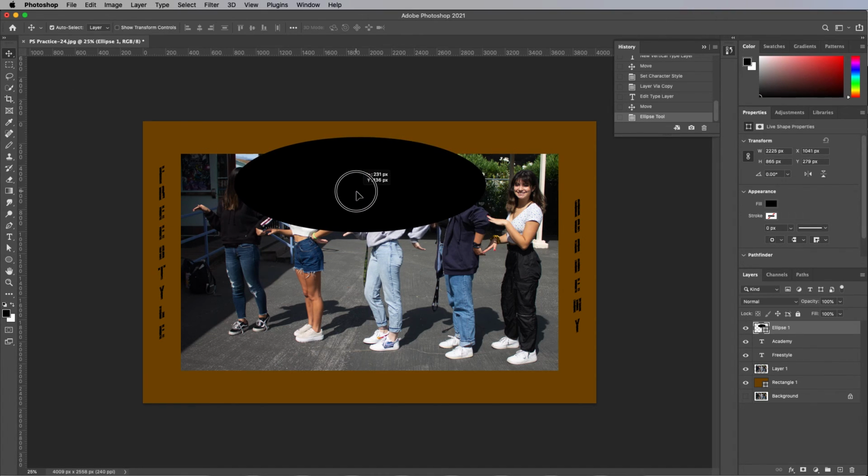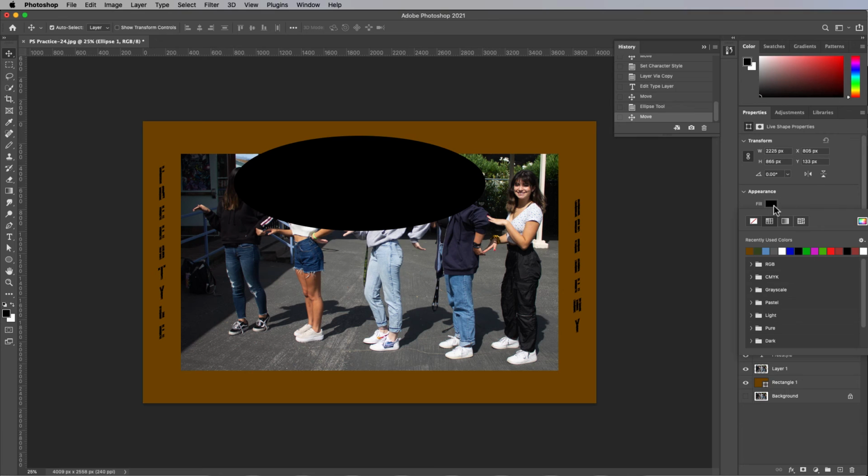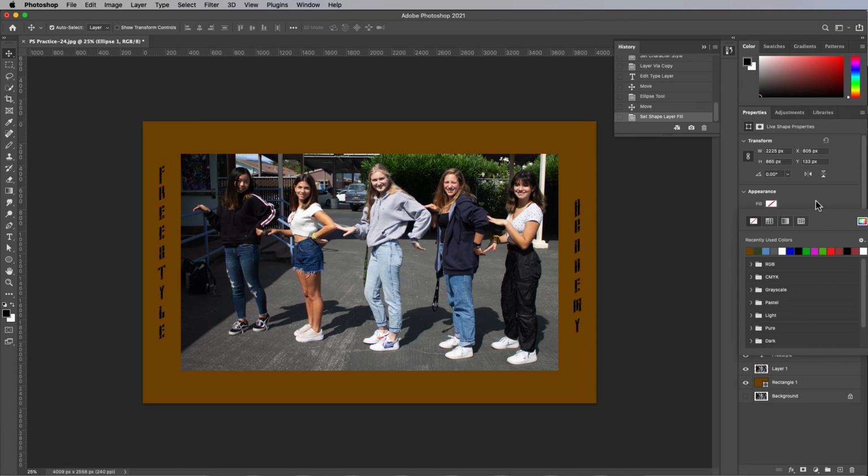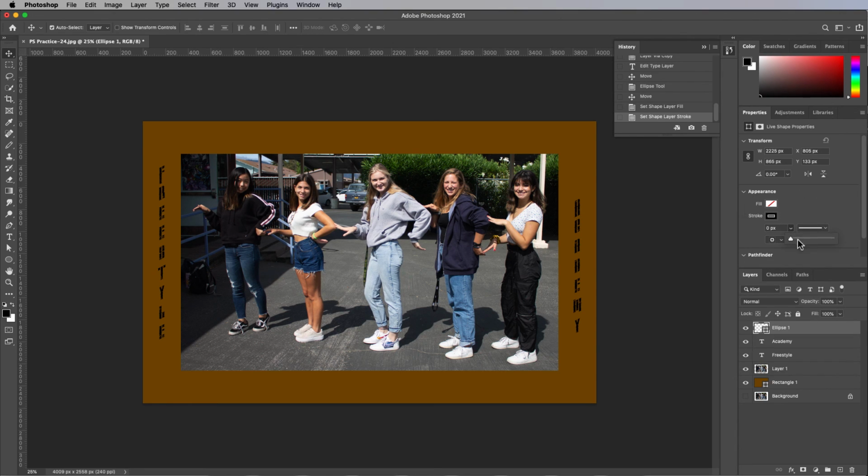We're just going to put the circle like that. Okay? And we're going to change the fill to be nothing and the stroke to be black and 1 pixel. Okay, you can kind of see it there. It's very thin. All right,